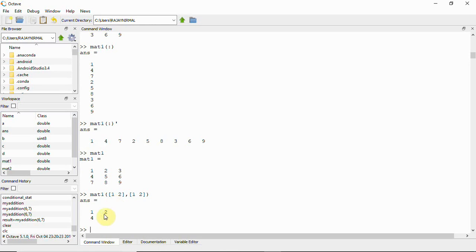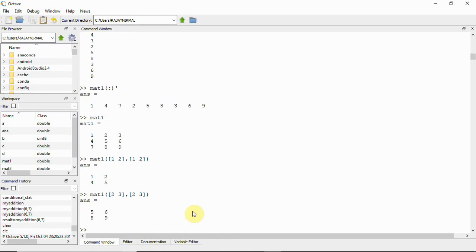You can see I'm selecting first and second row and first and second column. So we get this particular matrix. Let us try for another matrix. So see, now we have accessed 5, 6, and 8, 9. So this can also be done. Next,